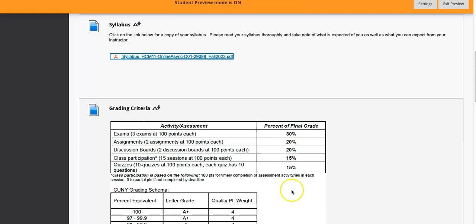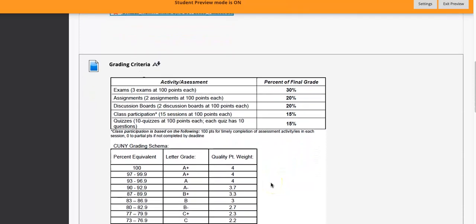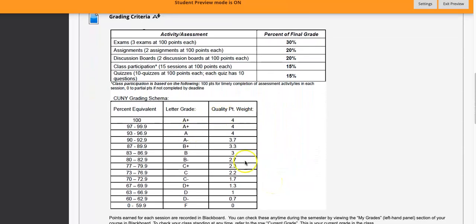Logging in and going through the lesson does not automatically earn you 100 points for the class participation item for that particular session. You need to complete the assignments, whatever was assigned to you, what needs to be done, say a quiz or an assignment or a discussion board. If you complete those, that's the only time you will get credit for class participation. I will not go through this, but this is how your grading is, and this is how